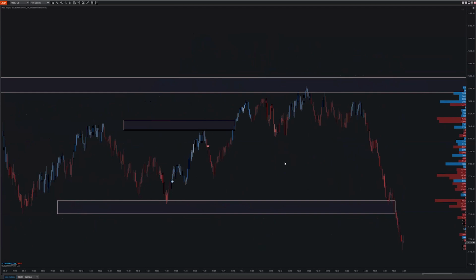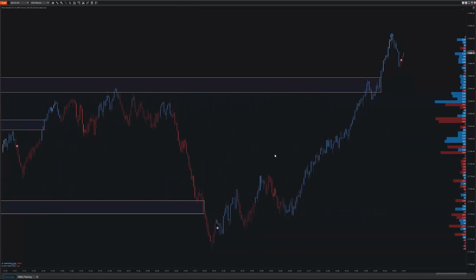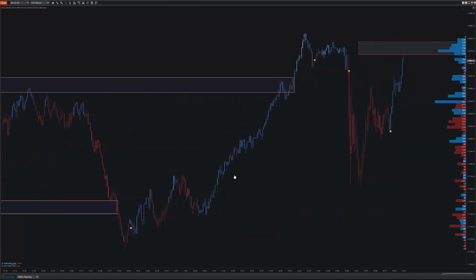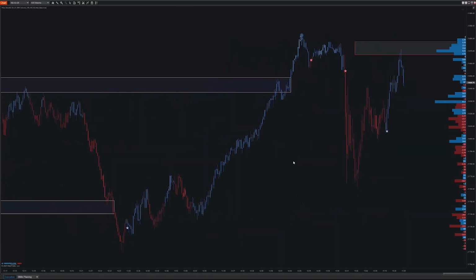We also have other execution components. So there's one that's called the EAD and the dominator. We're looking for execution things to fire off at our areas of interest, because that tells us that, hey, we've identified an area of interest, and now let's watch the order flow when we get to that area to give us kind of a trigger to get into that trade. And so, yeah, you would want to use some of those execution tools to use that study to its full capacity and not just blindly take a trade on a retest of a zone.